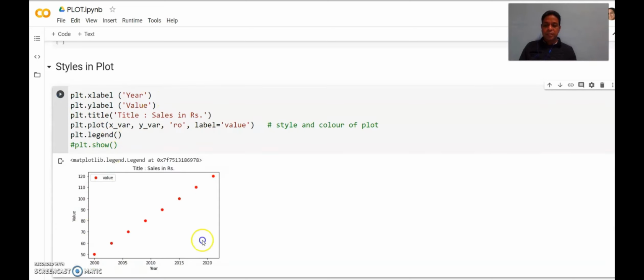Now this is a graph. By now you know that it is a graph between 2000 to 2020 on x-axis, which is labeled as year, and on y-axis it is between 50 to 120, which is labeled as value. Title is sales in rupees. It is having a label of value. And what is the difference between this graph and earlier graph? If you see,